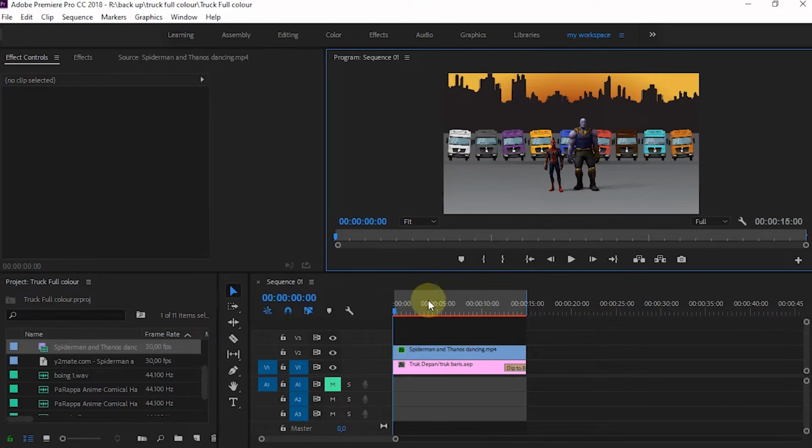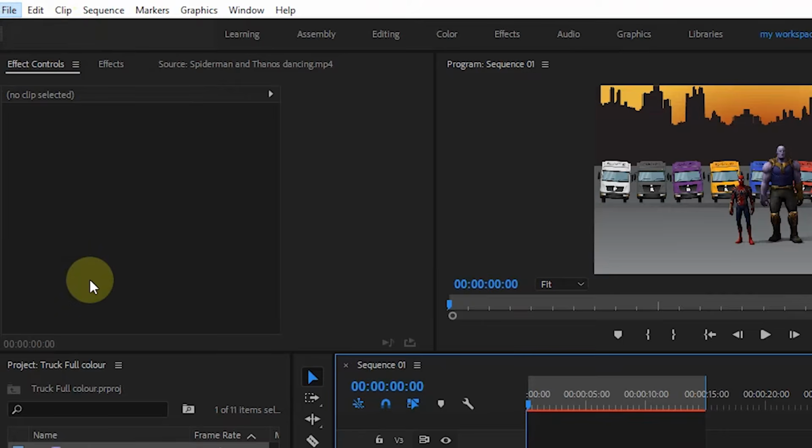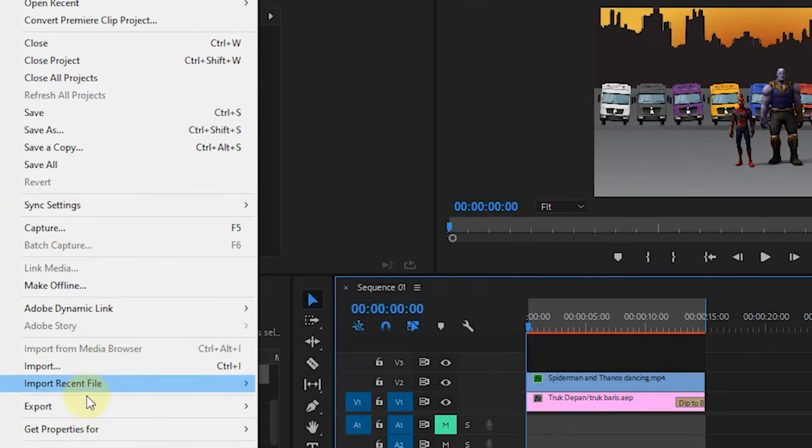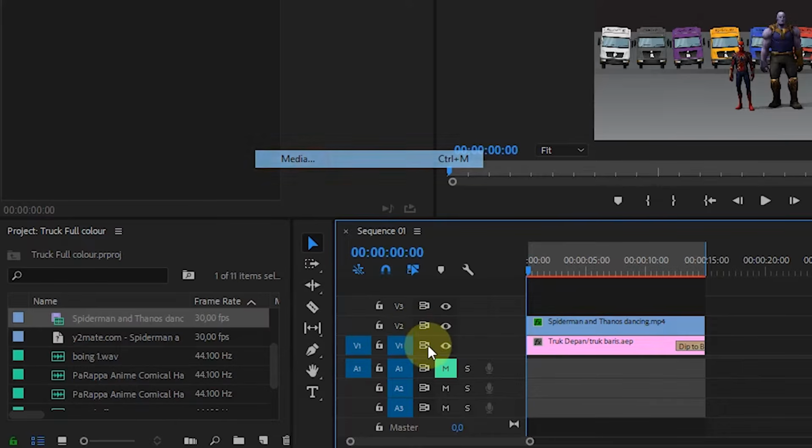If we have edited the video through Premiere Pro and want to export the project, we can use Adobe Media Encoder. If you have installed it, select File on the menu in Premiere Pro. Then select Export.